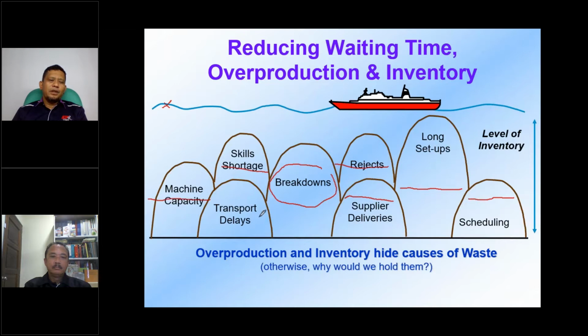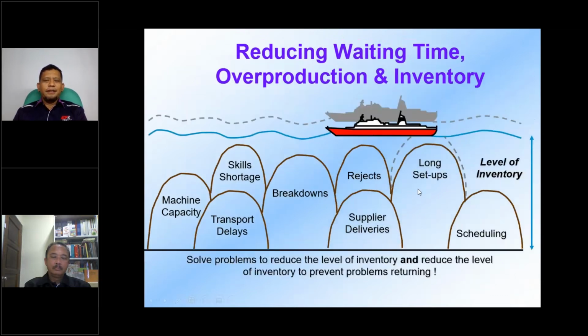Basically you can be more productive, and you can reduce your inventory level, and then make your operation more efficient. So reduce this, find where is the problem. Of course we have